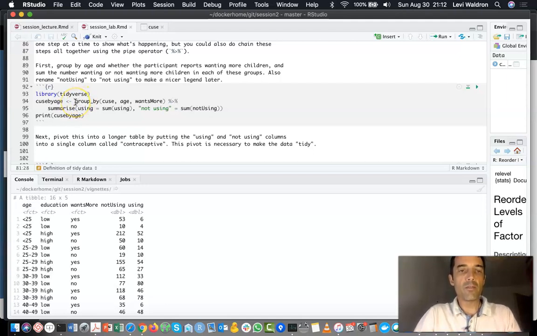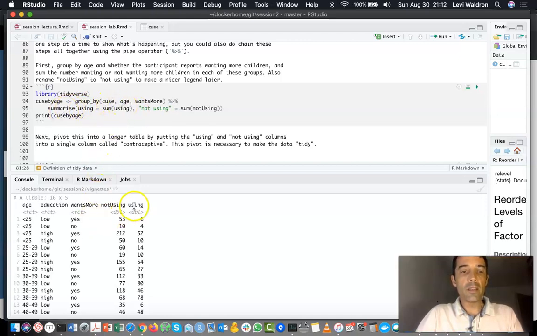It's formed up of verbs that describe what you want to do. So I want to group the cues data set by age and wants more. So that means that any rows that have the same value of age and wants more, I'm going to group them together. And then among those groups, I'm going to create a new variable that is the sum